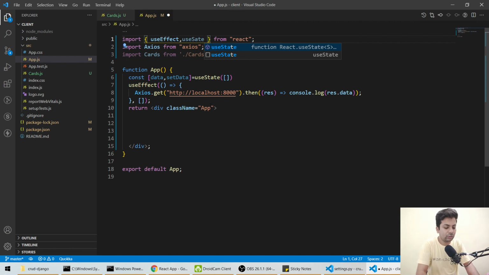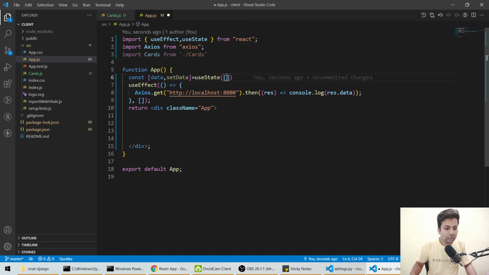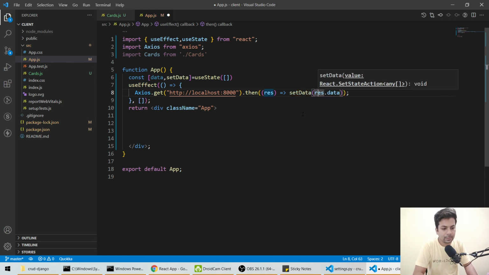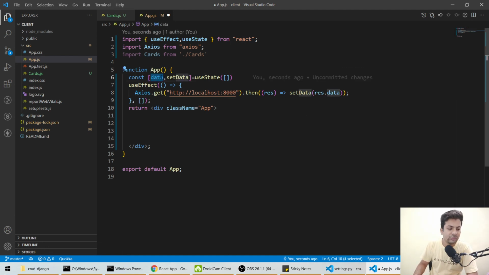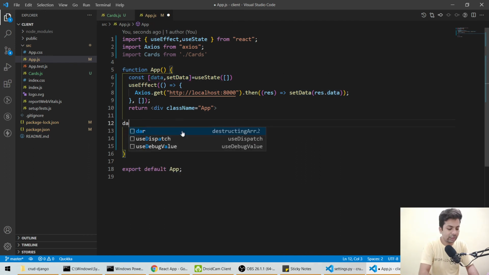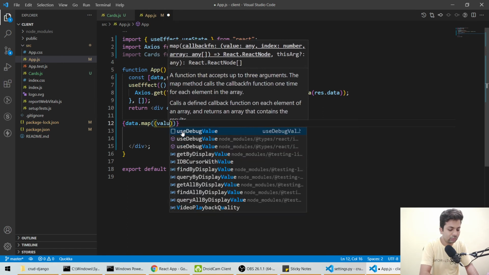I think you are a little bit familiar with React, right? In useState, it's like a variable, and we have to set the data. So instead of this we'll say setData. Whatever array is coming, it will come into this data, which we can access from here, and for inserting it we use setData. Here we'll do data dot map with value.